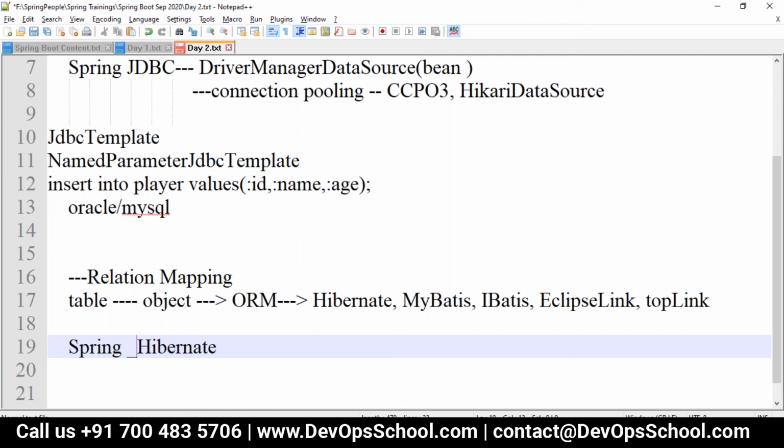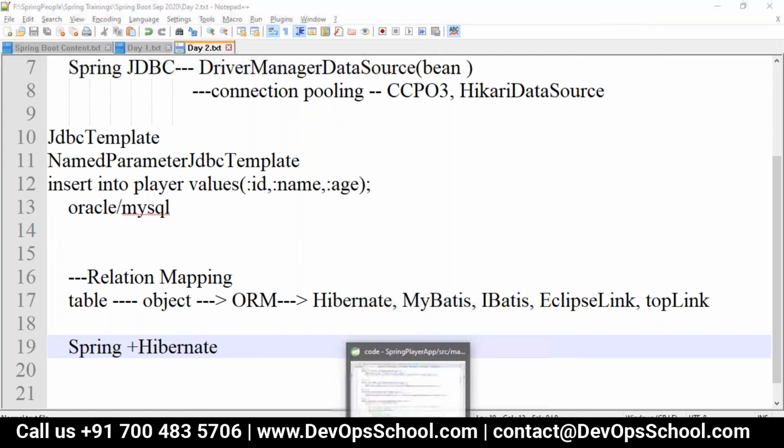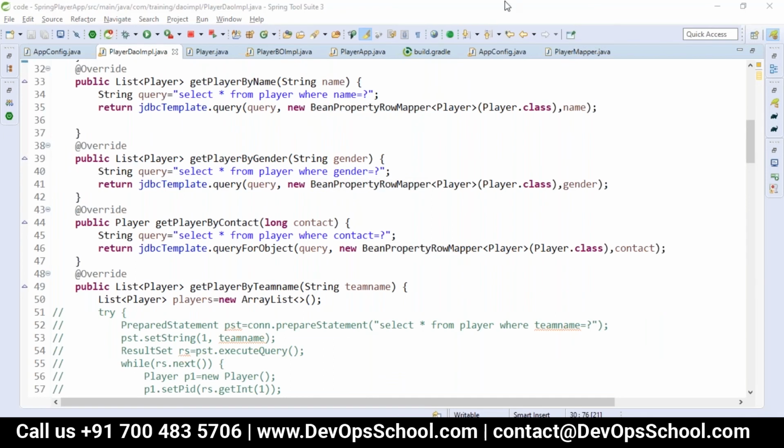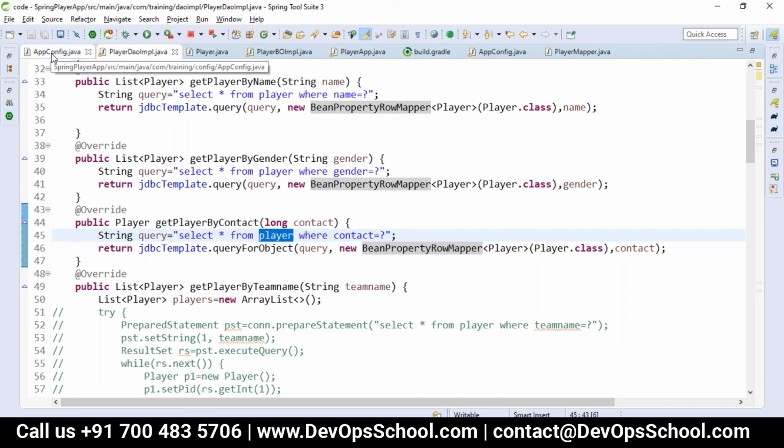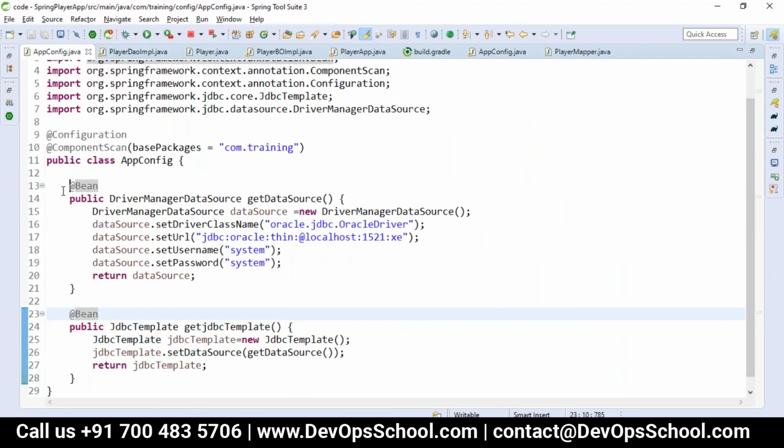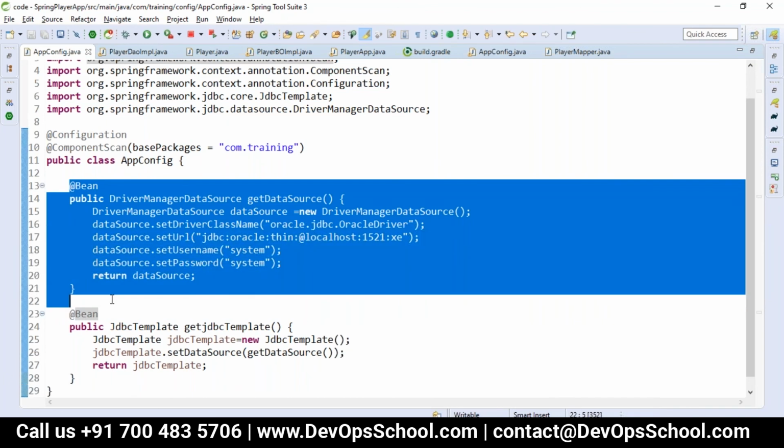I have a question from the previous part about the queries. Maybe I missed it. Were we saying from which table we need to fetch the data? Select, from, we are writing the queries here, no? Where did we give this? I mean, this is the table name, is it? Yeah, it's a table name that we have configured, with which database in the driver manager data source.